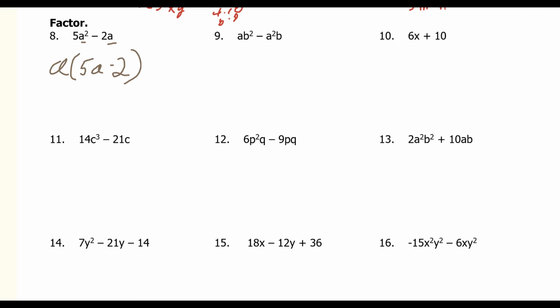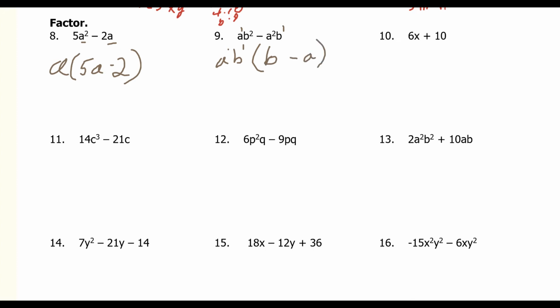Now number 9 is just straight variables. But what we can do is go ahead and pull out the smallest exponent on the variables, basically. And we know that a has a 1 here, and b has a 1 there. So, a to the 1, b to the 1, on the outside of, well, that first term is b, and the second one will